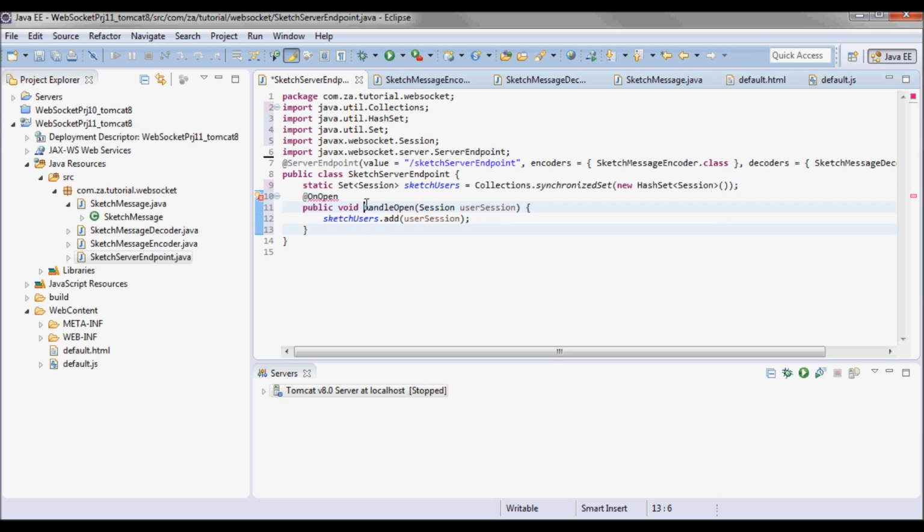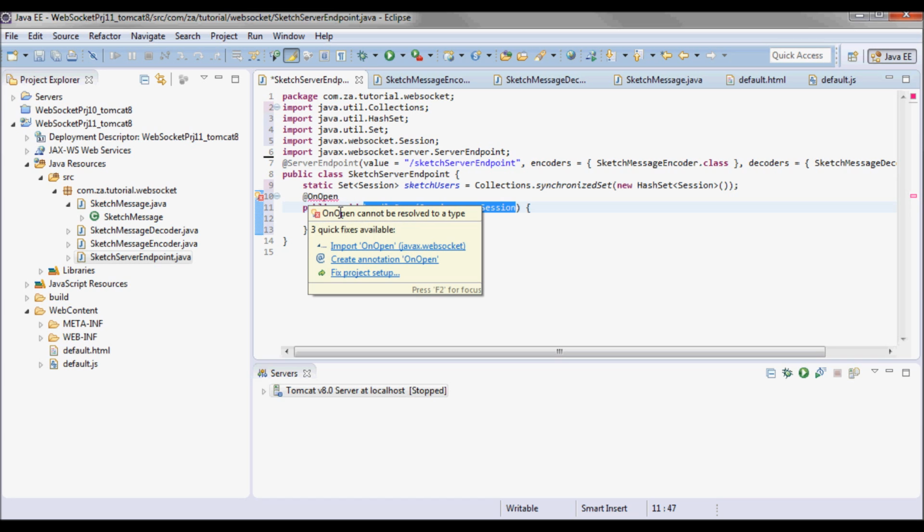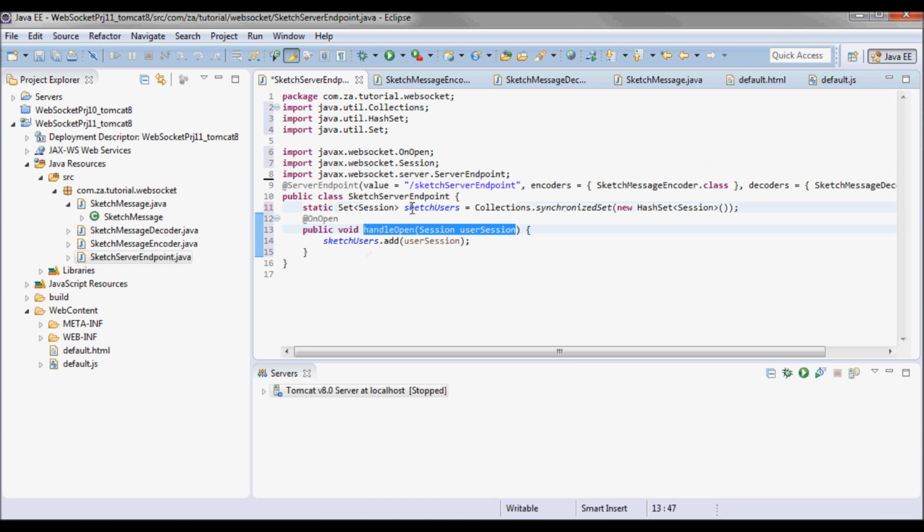And I'll have this handle open method that will be annotated with onOpen, and in this method I'll add the user session, the passed in session, to the set of sessions.